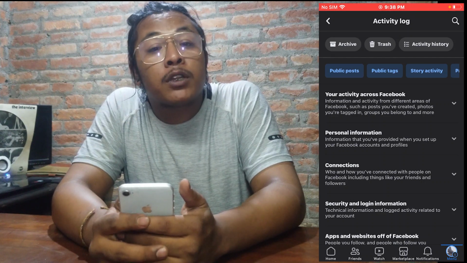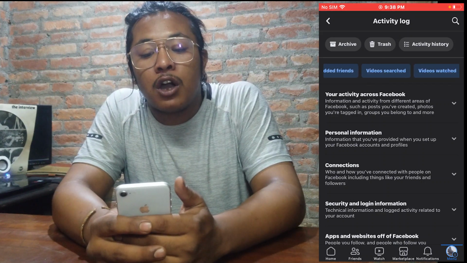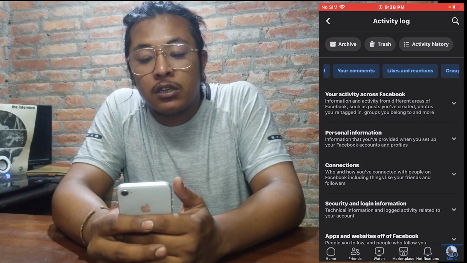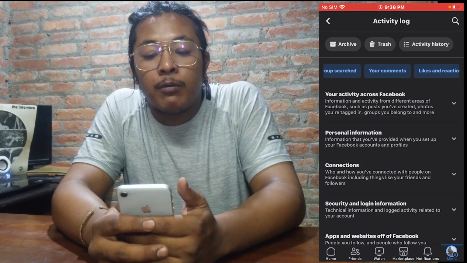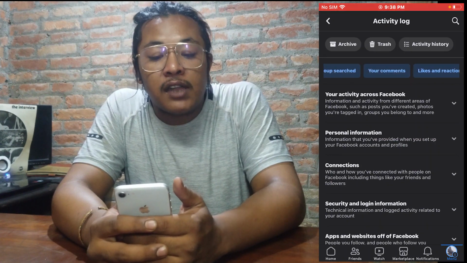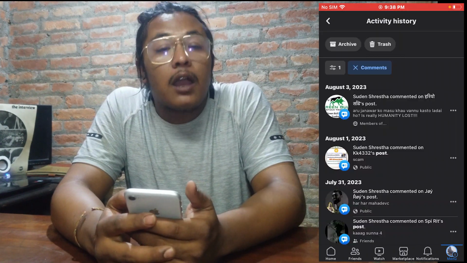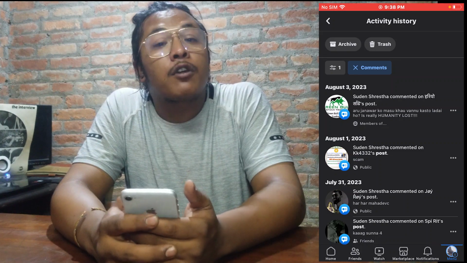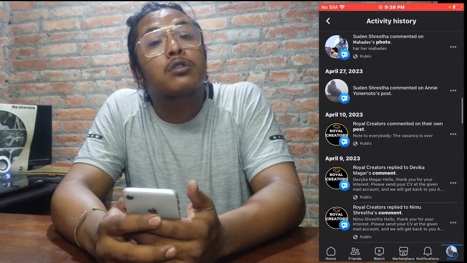Swipe those blue buttons to the left until you can find your comments tab or the button. And over here guys, you can see your comments button is available for us just beside the likes and reactions. Tap on your comments, and over here guys, all of your comments you have posted on different posts on your